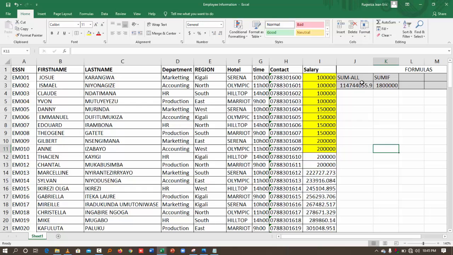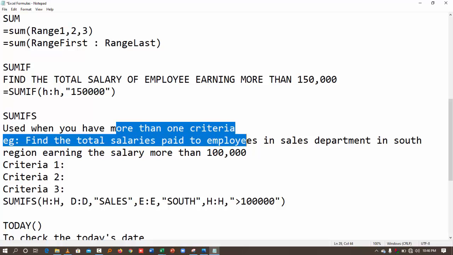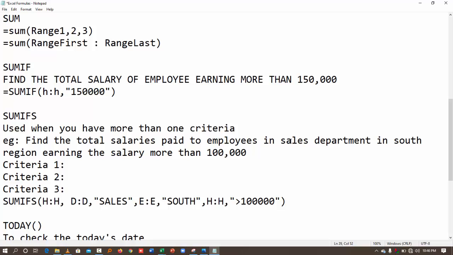This is for SUMIF. Then here we have another one, which is SUMIFs. SUMIF works when you have one condition, but SUMIFs works when you have more than one criteria. Let me say for example you've been told to find the total salaries paid to employees in the sales department, but those employees are working from the South region and their salaries should be greater than 100, which means we have our